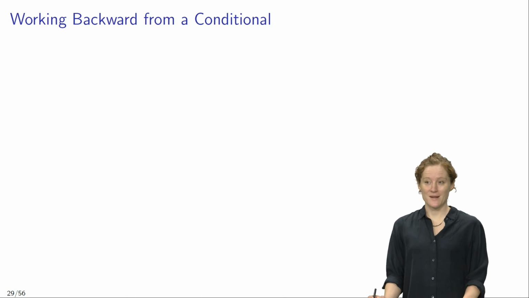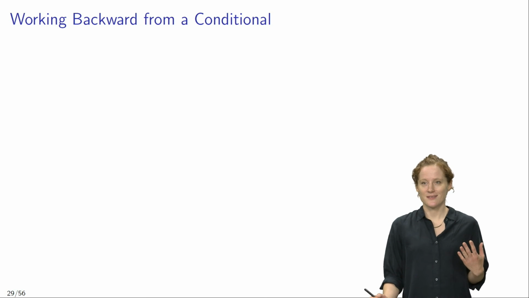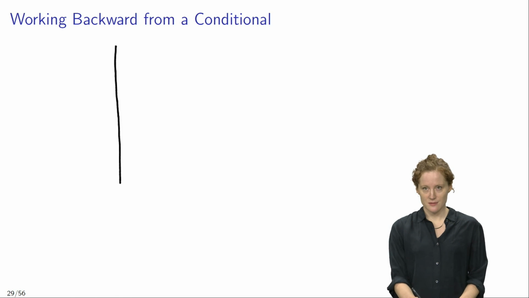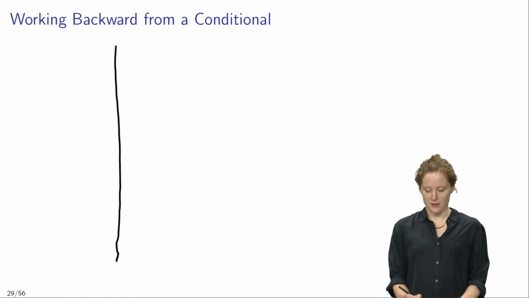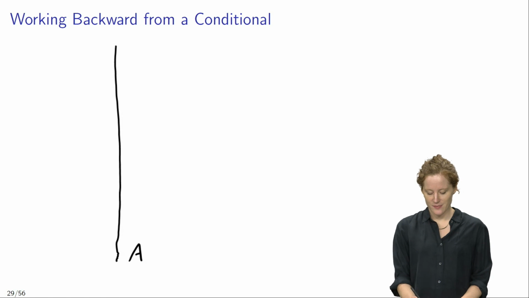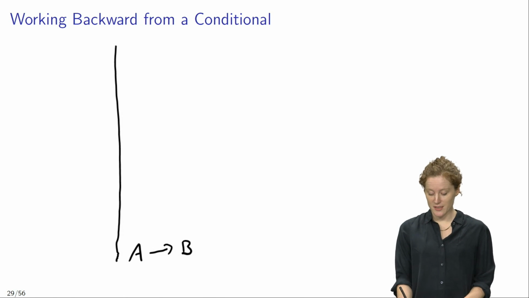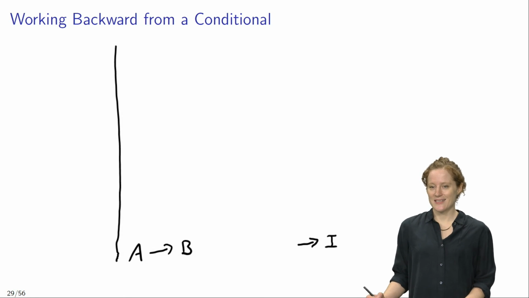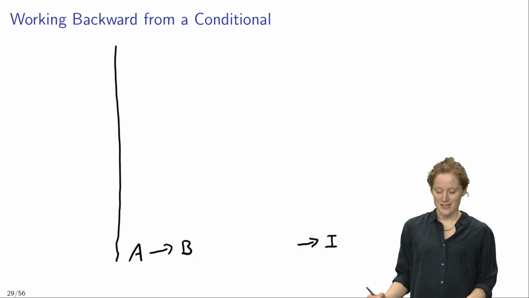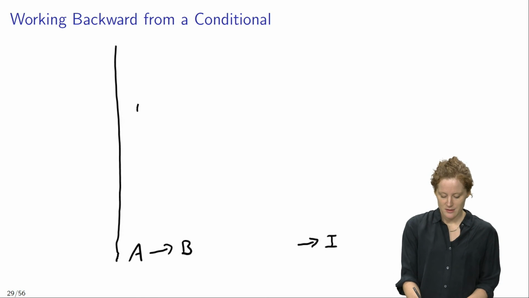Now, backward planning suggests different proceedings depending on what you want to prove. So suppose what you want to prove is not a conjunction, but a conditional of the form if A then B. In that case, backward planning suggests to use conditional introduction to prove the sentence. And I know that in order to apply conditional introduction, I need a subproof. So I need to set up a subproof that starts with the assumption that A and leads to the conclusion